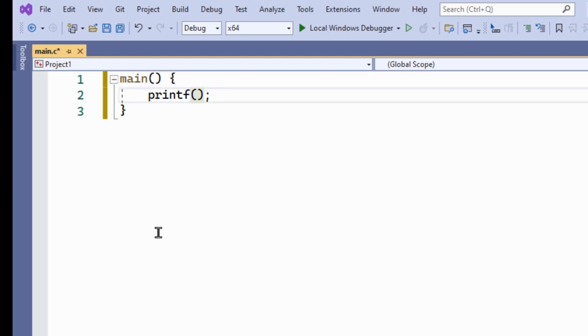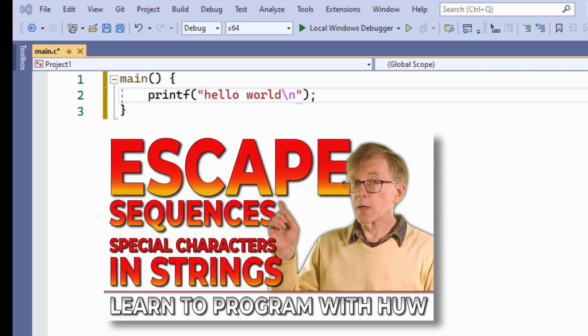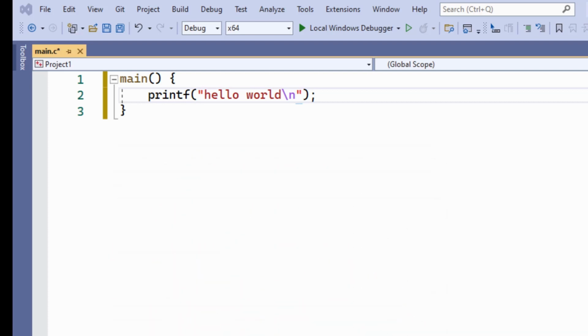Now here I want to pass a string argument to printf, so I write in "hello world\n". In C, strings are delimited by double quotes, and the \n is a special escape character that prints a new line. Now, if the idea of non-printing or escape characters is new to you, you may want to watch the lesson on that subject in my complete programming course. I end the statement again with a semicolon,